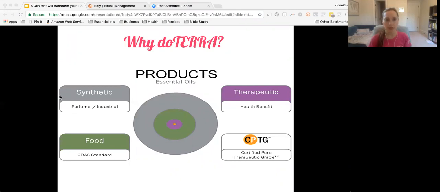Okay. And what this means is really important. And it's largely the reason why I chose doTERRA. So certified pure therapeutic grade encompasses many things. They adhere to a very strict set of standards to ensure that you are getting the purest, highest quality essential oil on the market. And so a couple of the things that go into it is, one, all of their oils are indigenously sourced. So what that means is that we source oils from over 43 countries around the world, where that plant grows naturally.